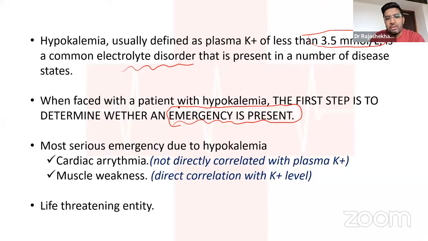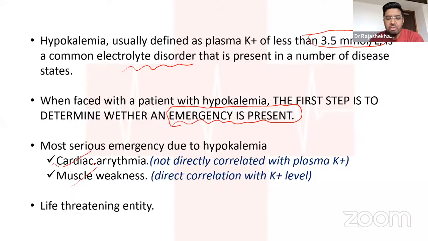So if the patient is having arrhythmia, first treat the arrhythmia, treat the potassium deficit, then look for the cause. You cannot just wait for the cause to appear and the patient to recover by treating the basic cause. It's not going to happen. You need to step in right away in managing the hypokalemia in emergency issues. Why is this an emergency? Because this is very important in causing cardiac arrhythmia and muscle weakness. Both are life-threatening issues.